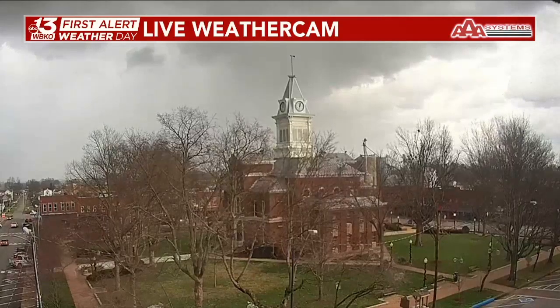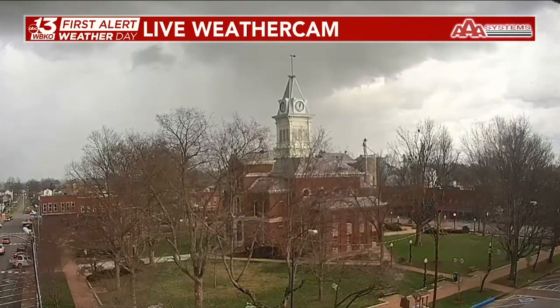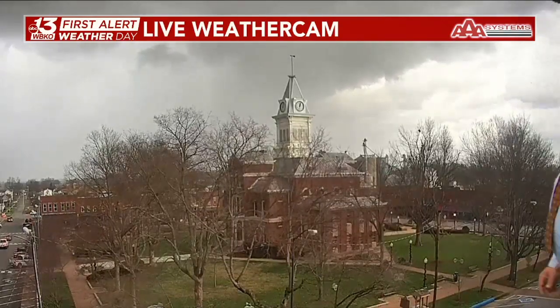Shelf cloud will be associated with the gust front out ahead of the storms. That's what you're going to encounter first when you have an organized line of storms like we've got moving through the area right now, is that darker, ominous shelf cloud. A lot of times with a shelf cloud, you're not going to have rotation necessarily, but what can happen is